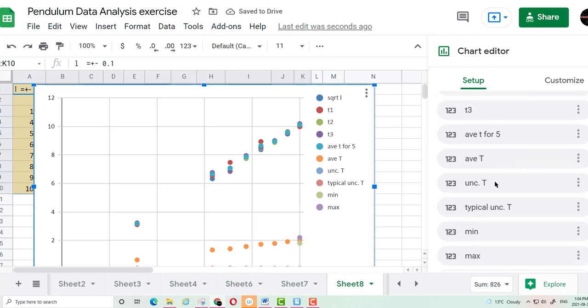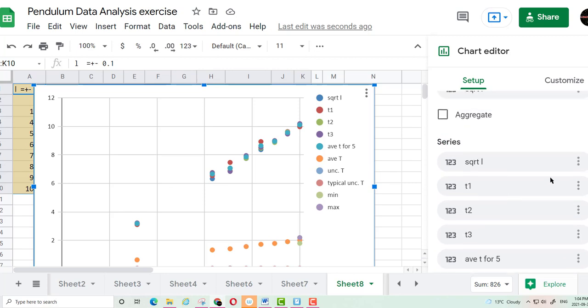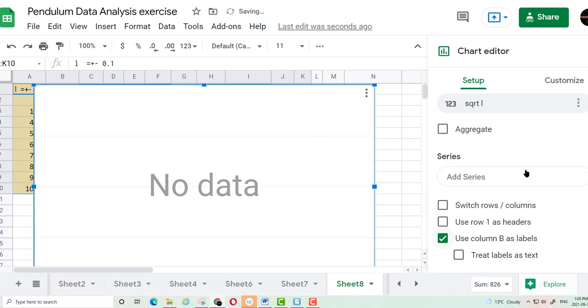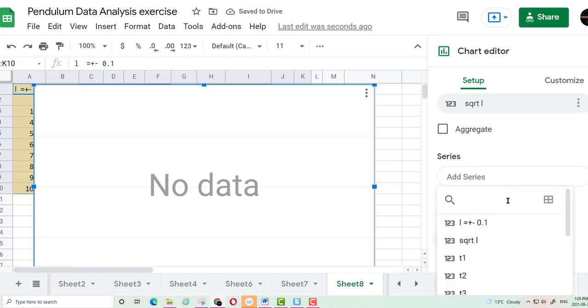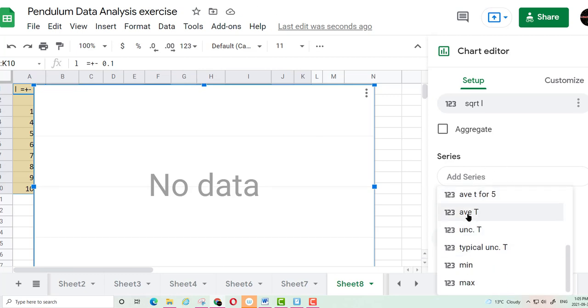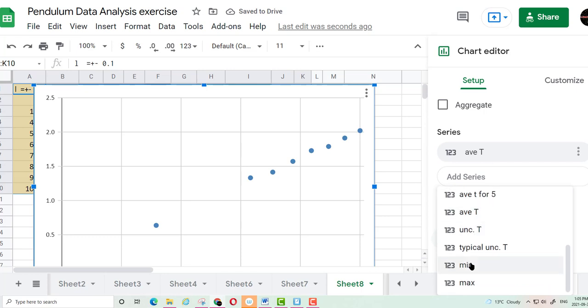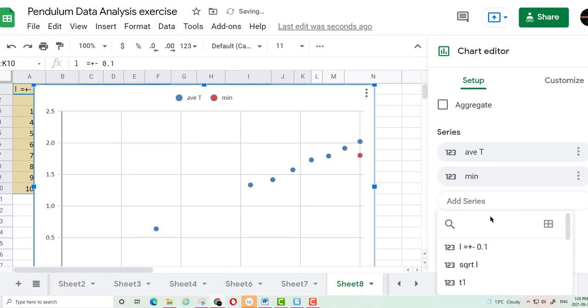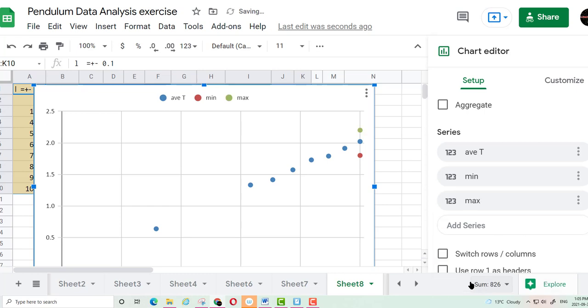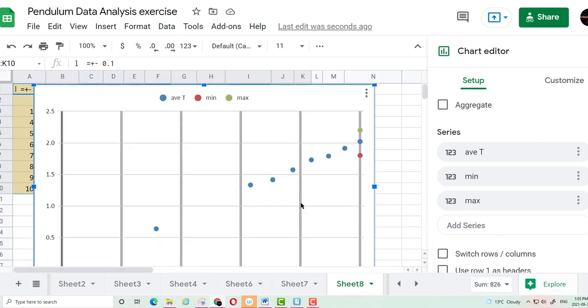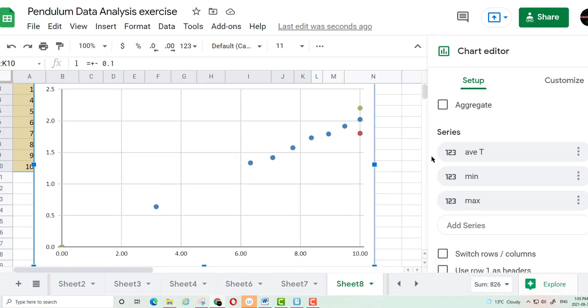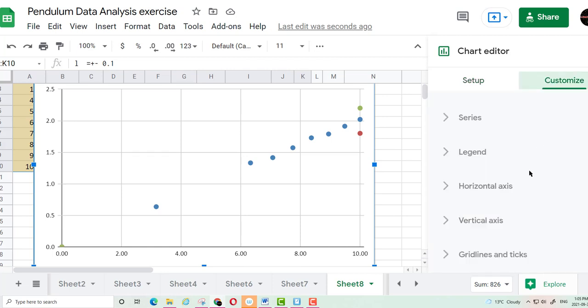And then my series here, I've got a ton of them. I'm going to remove them all, and then I'm going to add a series. I want the average value of the period. Another series is going to be my minimum slope line, and another one's going to be my maximum slope line. So there's my data. What I'd like to do now is go over to Customize and go down to Series,